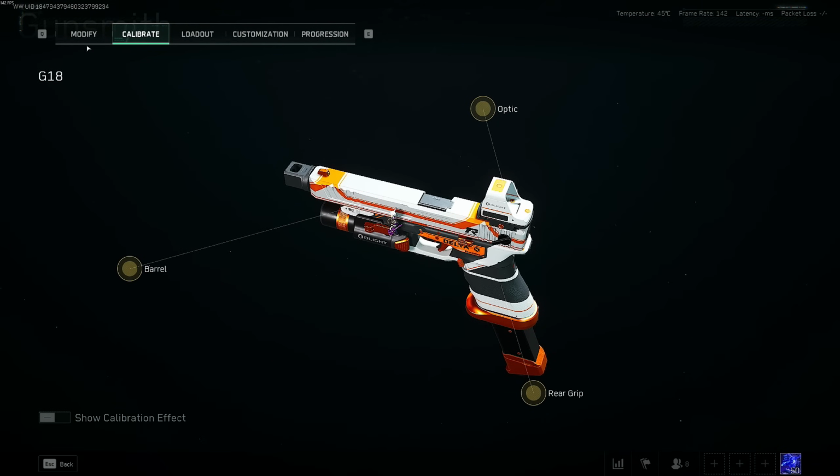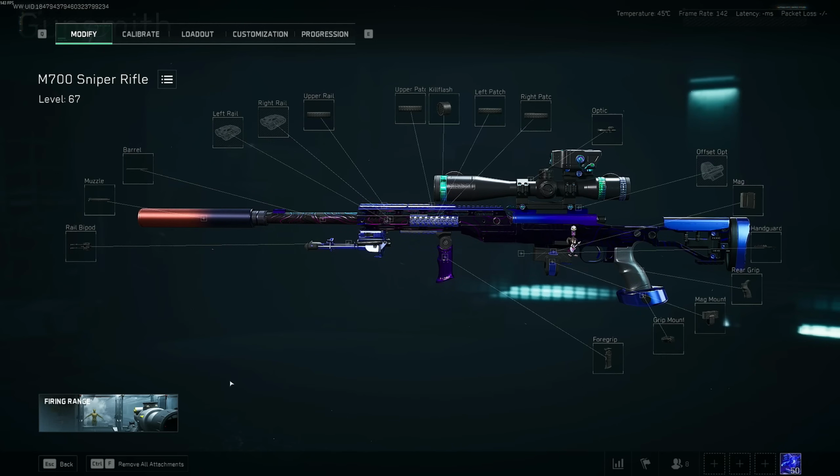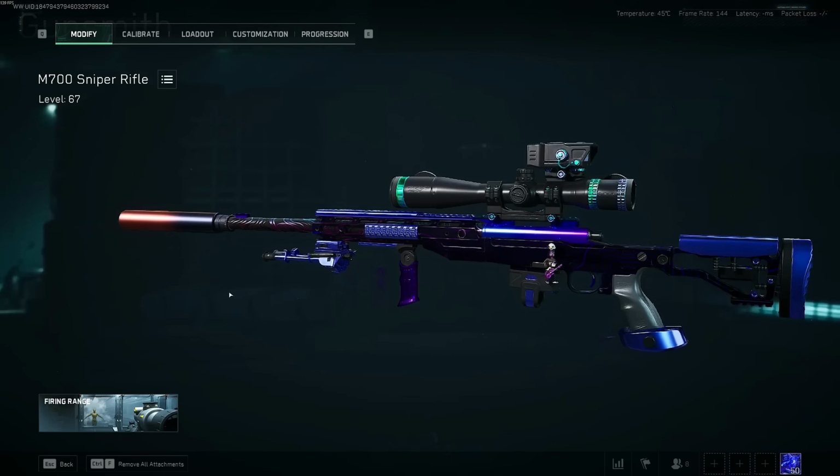That's really it for the Glock 18. I just wanted to go quickly through it. So now let's move on to the M700 and go to the firing range now that we have dialed in our attachments calibration. All that I want to show you here is exactly how to use this scope,